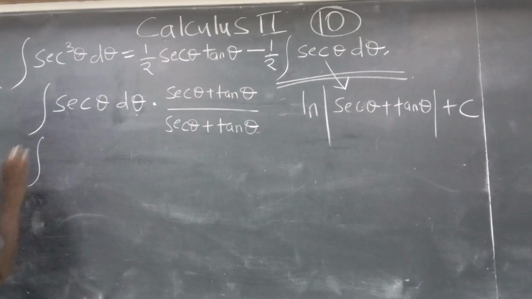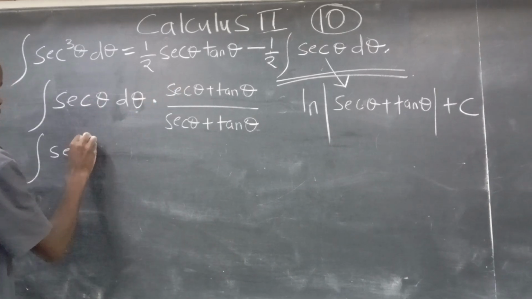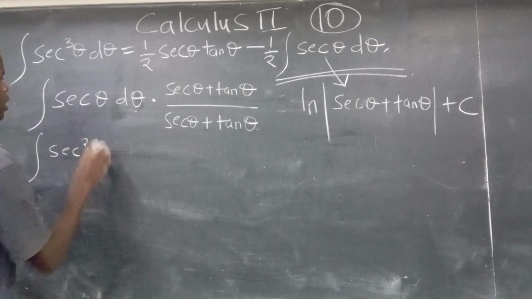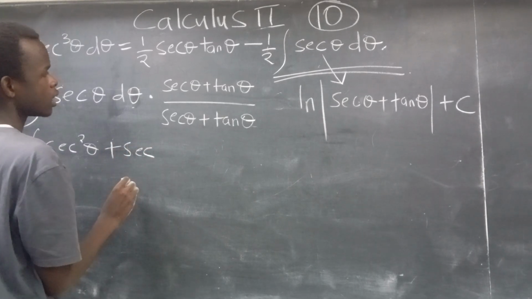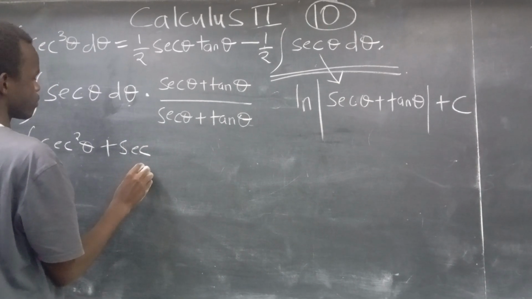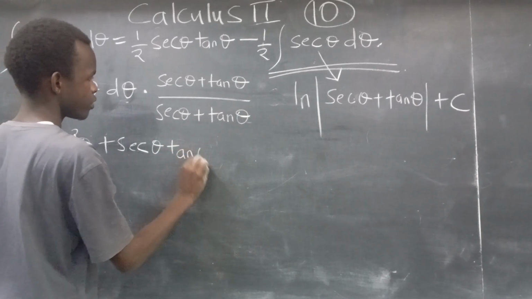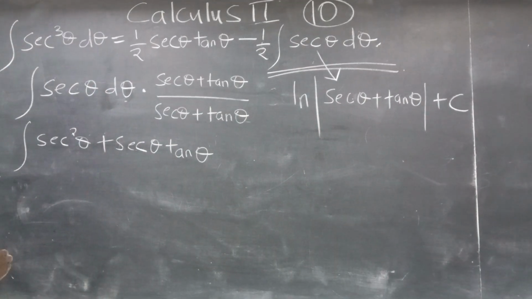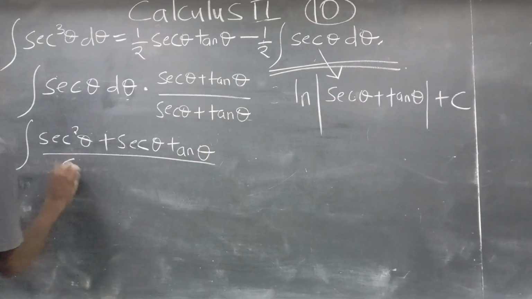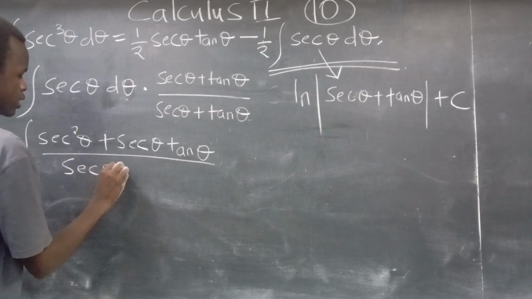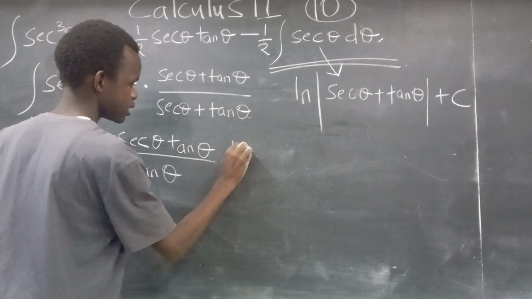So you get the integral of secant multiplied by secant is just secant squared of theta. Secant multiplied by tan will be plus secant of theta tan of theta, divided by this part secant of theta plus tangent of theta,